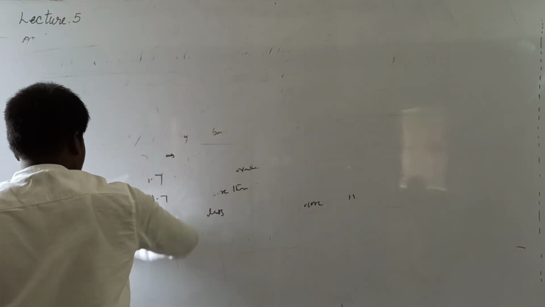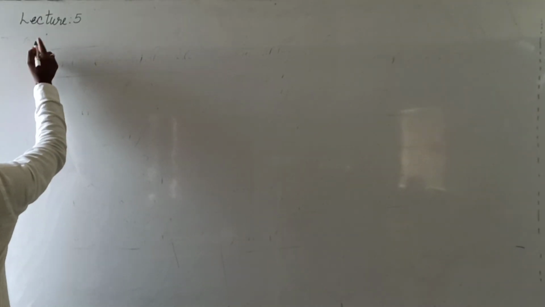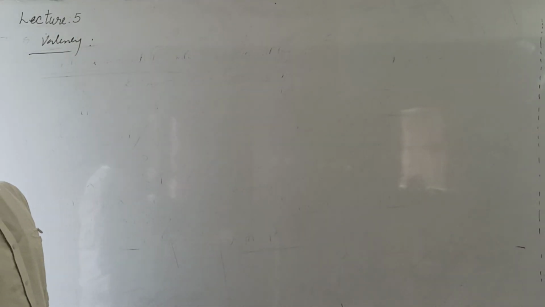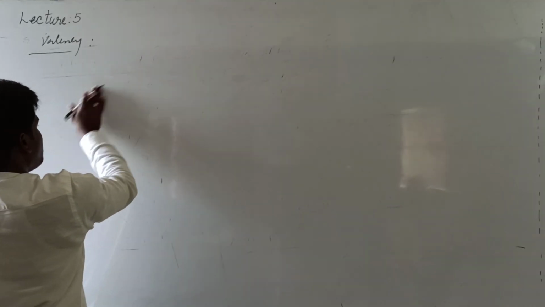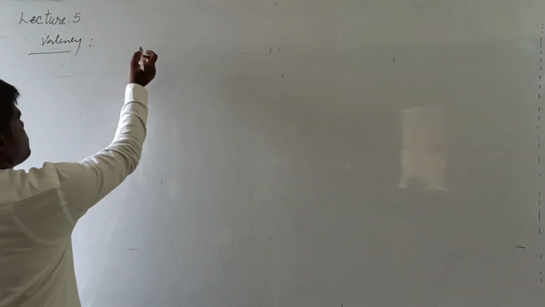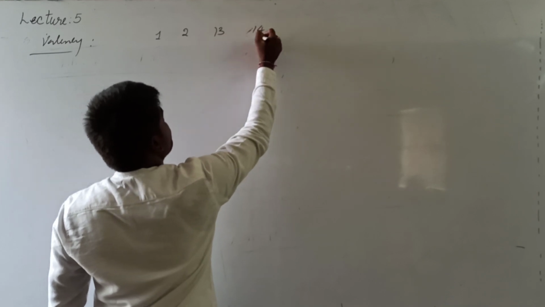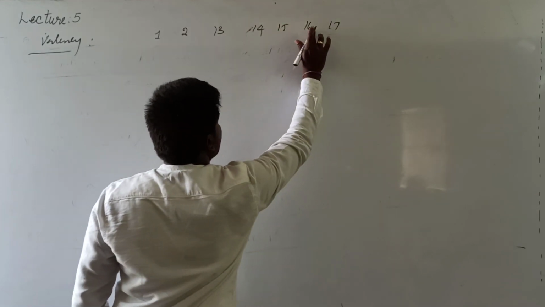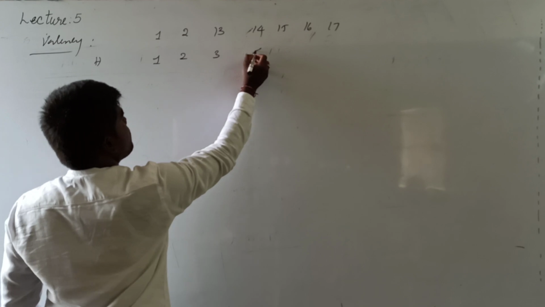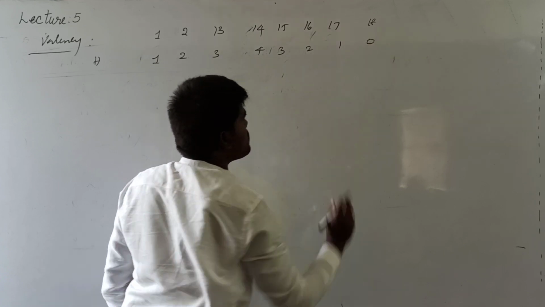There are a few more periodic properties which we will briefly discuss. They are not very important. Next one is valence. What is valence? It is actually called the binding capacity of an element, which can be expressed with respect to hydrogen or with respect to oxygen. Suppose I am talking about the valency of the first group, second group, 13th, 14th, 15th, 16th and 17th group. With respect to hydrogen, the valency will be 1, 2, 3, 4, 3, 2, 1. If you are talking about the 18th group, it will be 0.